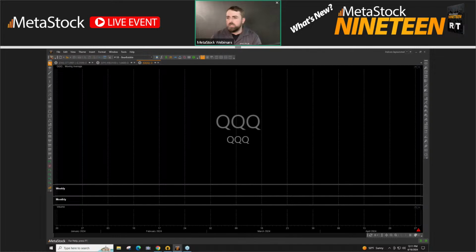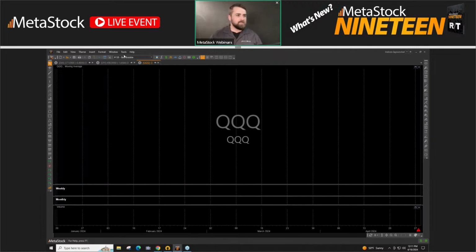So I do see there's a question. Someone asked, which version is better, download or web access, in terms of ease of use and integration with add-ons, etc. For MetaStock, it is only available for download on your computer right now. It doesn't have web access. For our real-time users that also have MetaStock Zenith, LSEG's Eikon platform, that does have web access as well as the downloaded version, but we still always just recommend the downloaded version. And as far as add-ons and integration, yeah, you'll want to use the downloaded version of MetaStock for that.